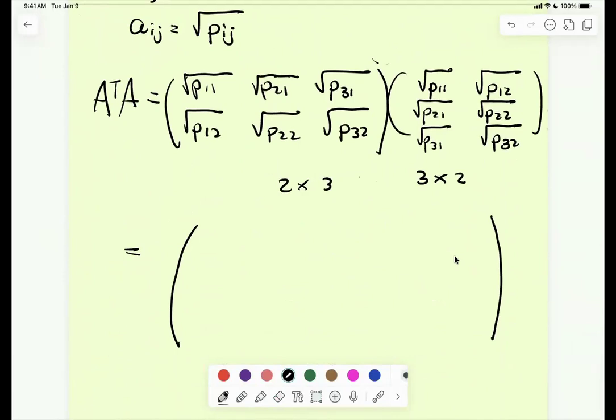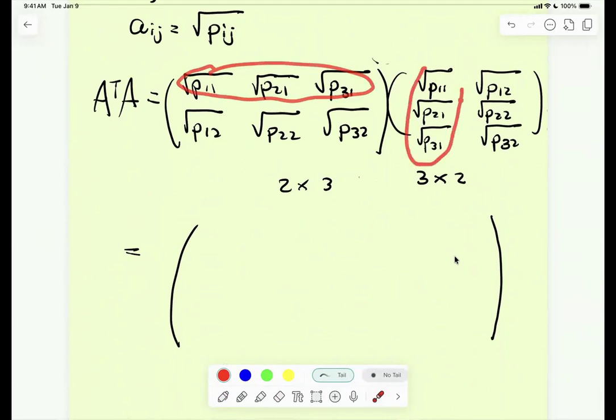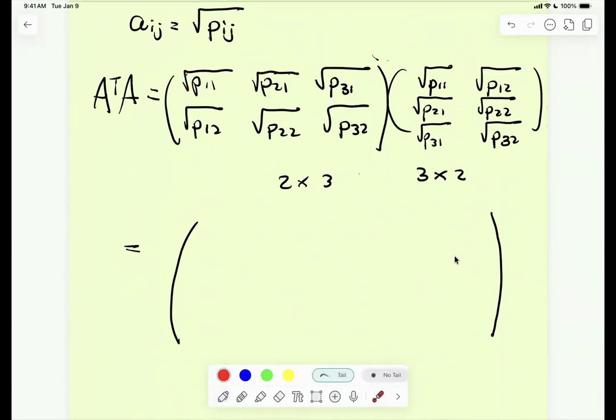Okay, so if we have 4 entries, right? I'll just use different colors for the entries so that it's a little bit easier to keep track of them. So the first entry would be the dot product of this vector with this vector, right? So this one times this one, it is the same number, right? So it's like the number squared, but it was in a square root. So you get P11. Then you get this one times this one. It was the same number, but it's squared, right? So the square root dies, so it's P21. And this one times this one, same thing, square root dies.